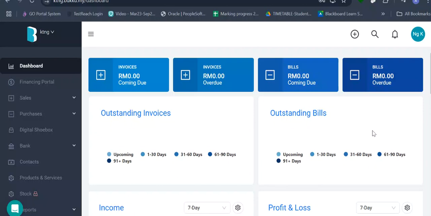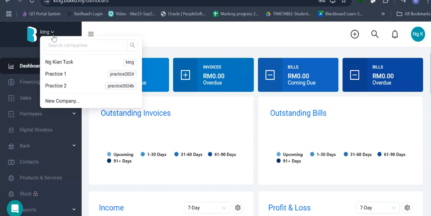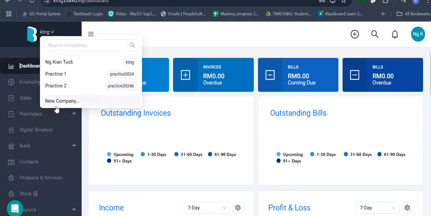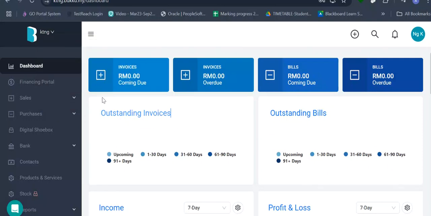Alright, so what's next is we're gonna understand a bit on this thing here, the interface, all this. Okay, so what you have here is maybe we're going to create a new company later lah. Okay, so I already have some here for me to practice. So later I'll create a new one. But before that, we can just look at all this left and right. Okay, so once you have created a new company, you can access that new company, and then you can start to do things already on the left panel here.